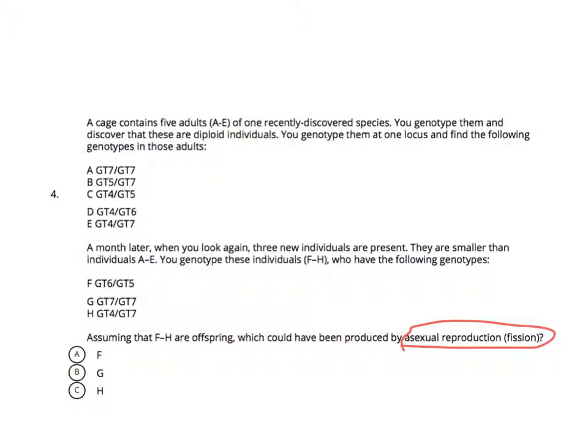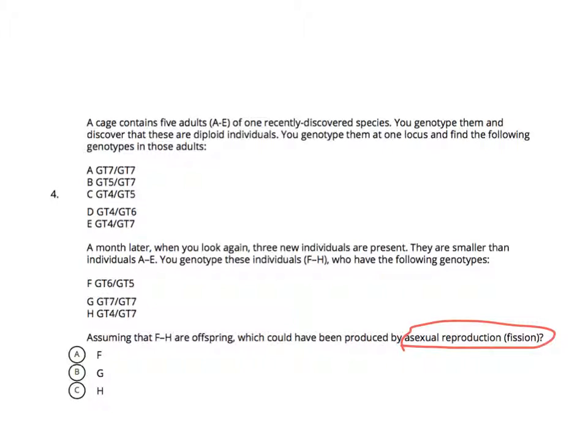So what rule are we going to see if we look at patterns that tell us that fission is how reproduction is occurring? Like bacteria, say. Cell divides, budding. This could also be something like paratomic fission in the naidid annelids. So if it's clonal, then yeah, the genotype of the offspring should be exactly the same as the parent. So which one of the offspring is that in this case?